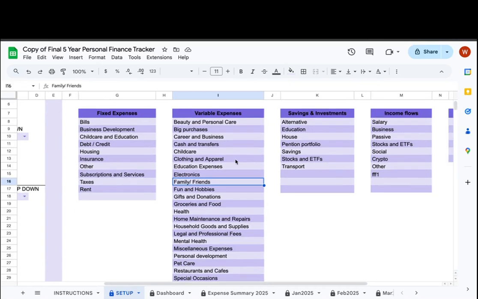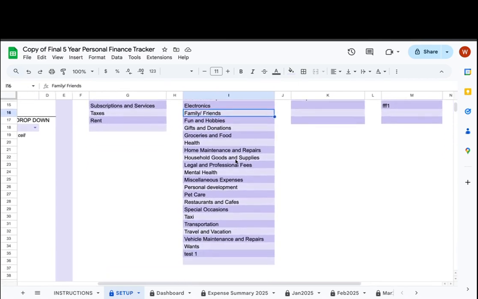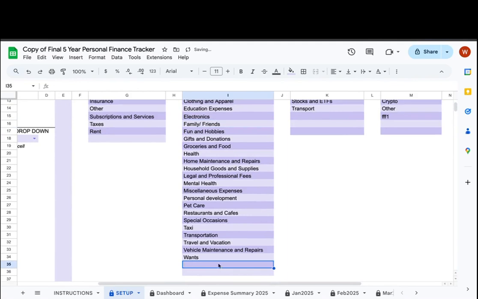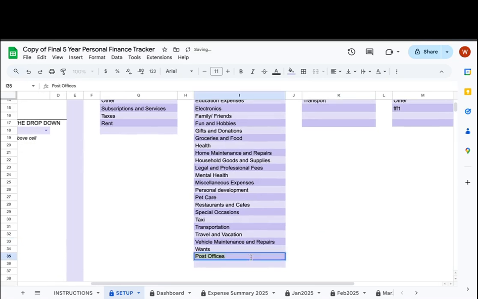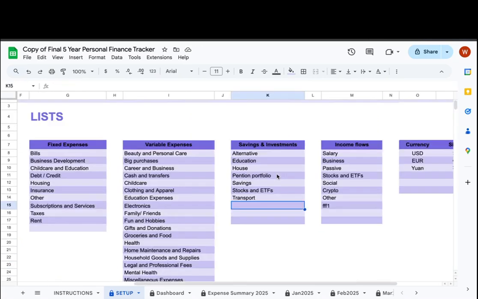Variable expenses are those which are not predictable, and we could never say in numbers how much we would like to spend. Variable expenses include groceries, pet care, childcare, and all the other subcategories we have added as examples. So let's add, let's say, post offices,